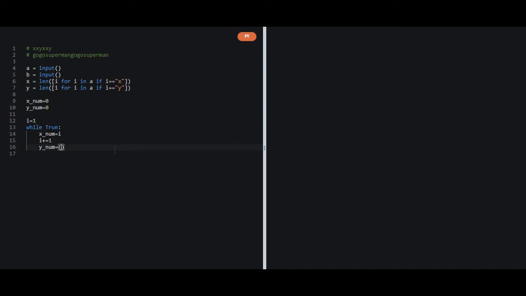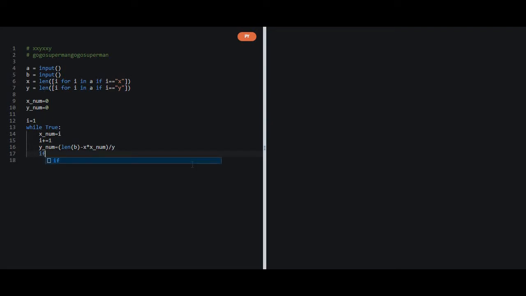So in order to find the rest of the characters, we will take the length of b minus the number of x, the x variable, times xnum, the length of each variable, divided by y. This would be the leftover characters, and this would represent the number of characters in each y.